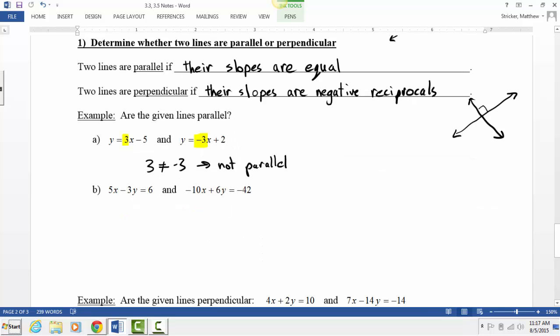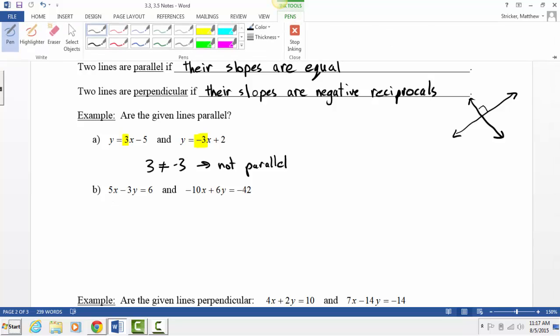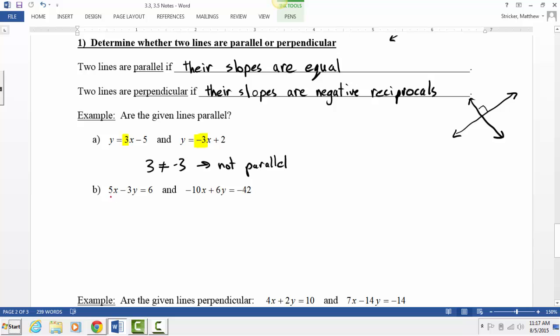Okay, let's go ahead and look at the next example. In this example, the two lines are not quite as convenient for telling if they're parallel because they're not solved for y, but we just got practice doing that. So let's go ahead and try this again. Remember, we want to move the x part to the other side. So because it's a 5x, if I move it to the other side, it becomes a -5x. And then for the other line, if we move the -10x to the other side, it becomes a